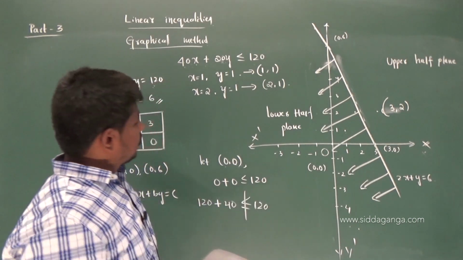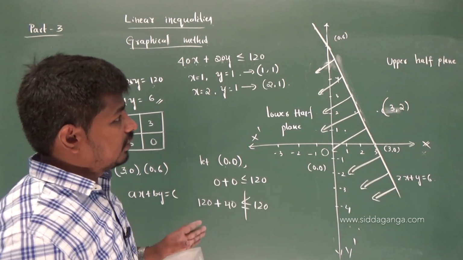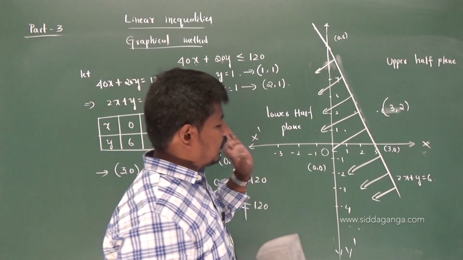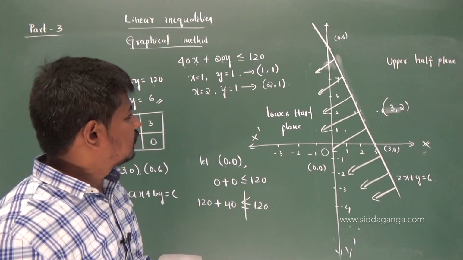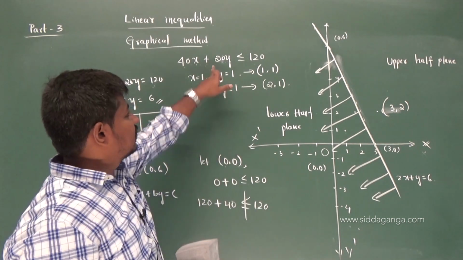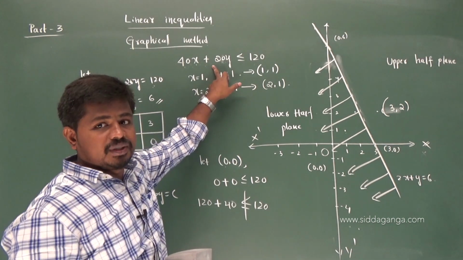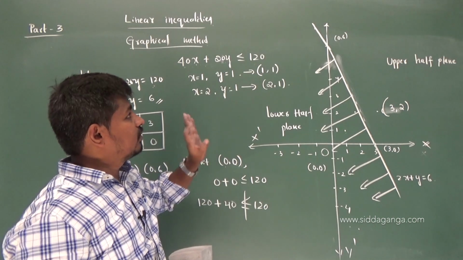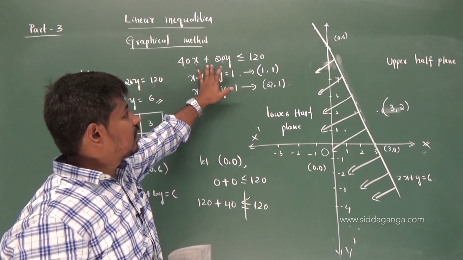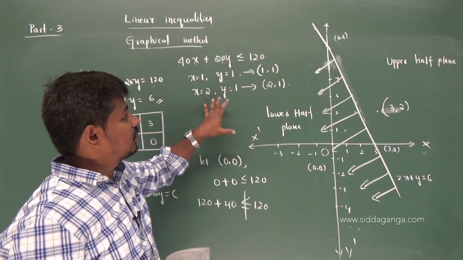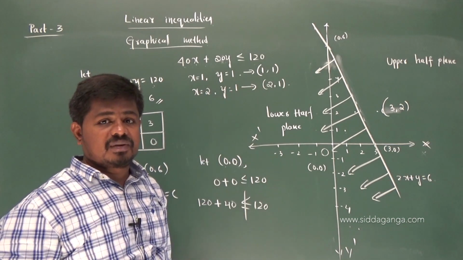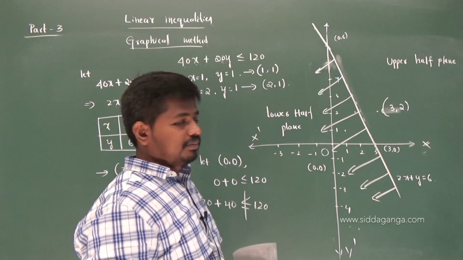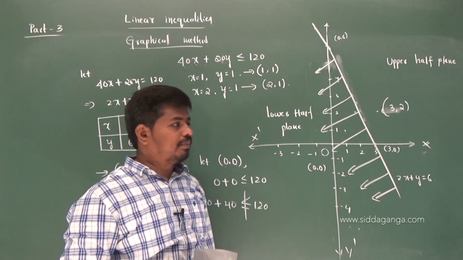Once again, let us look at how to find the solution region. Let us recall. This is the given inequality. You have to find the solution region. There might be infinitely many solutions for this inequality, so it is not possible to list all the solutions. So we are going to use the graphical method. For that, you have to draw two axes in a Cartesian plane.